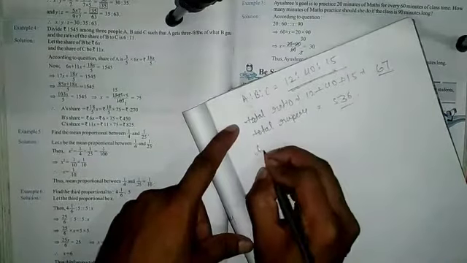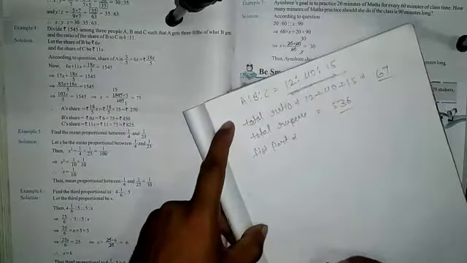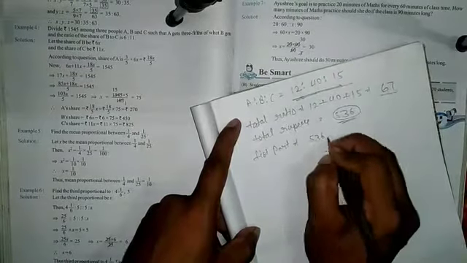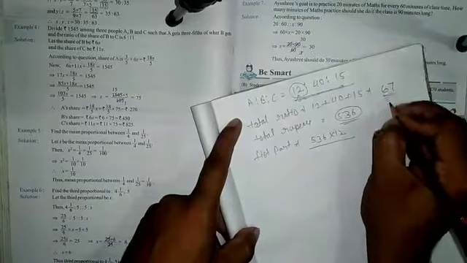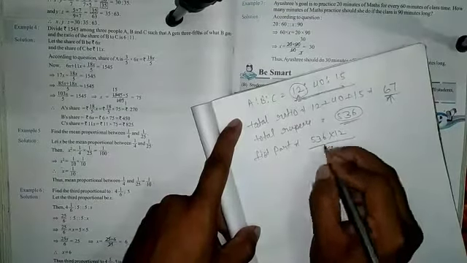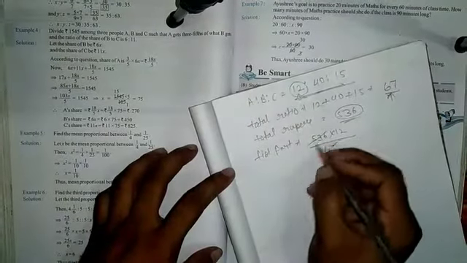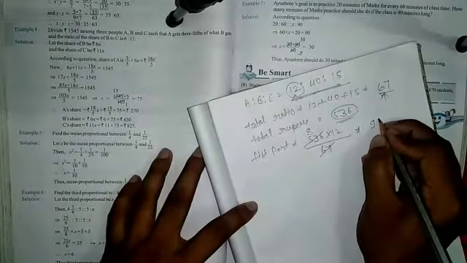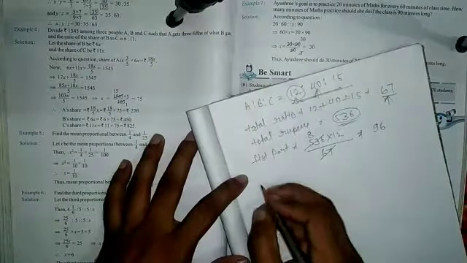So the first part, how can we find out the first part? First we will write the total value, so 536. Then after, the first term value, so 12. Then the total ratio value, so 67. So we will divide this 536 by 67. So 67 goes 8 times. So 12 eights are 96.